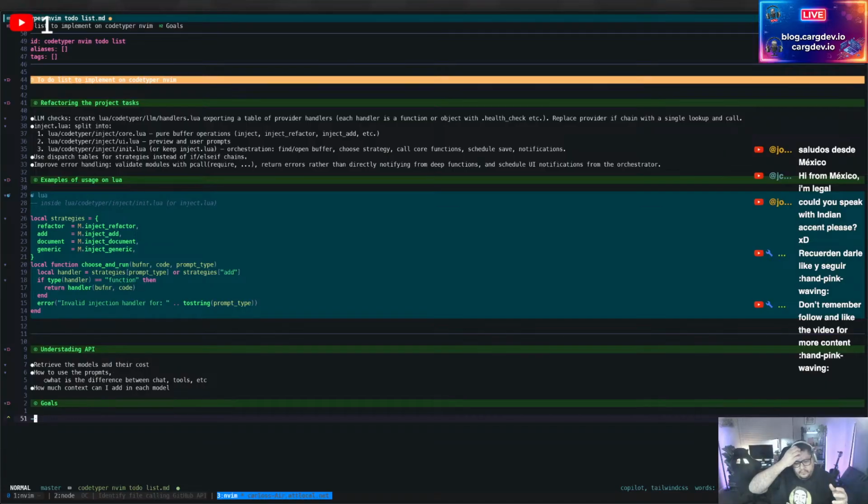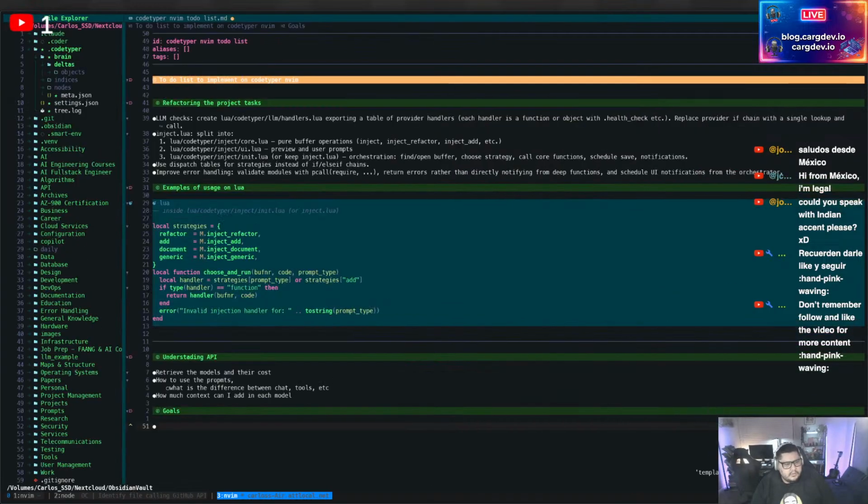So regardless of whether it is a new session or not, what I want to do with CodeTyper is, okay, I want to do CodeTyper inject this function inside the project, but